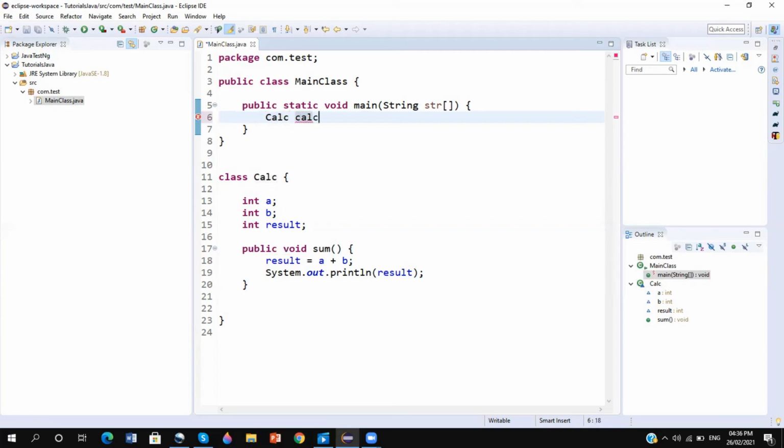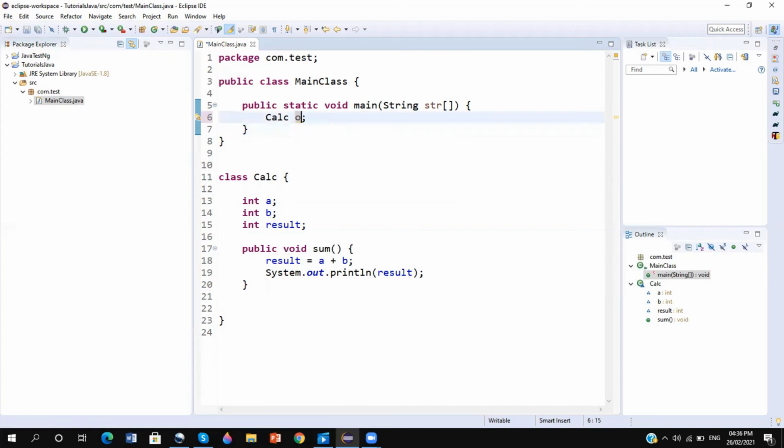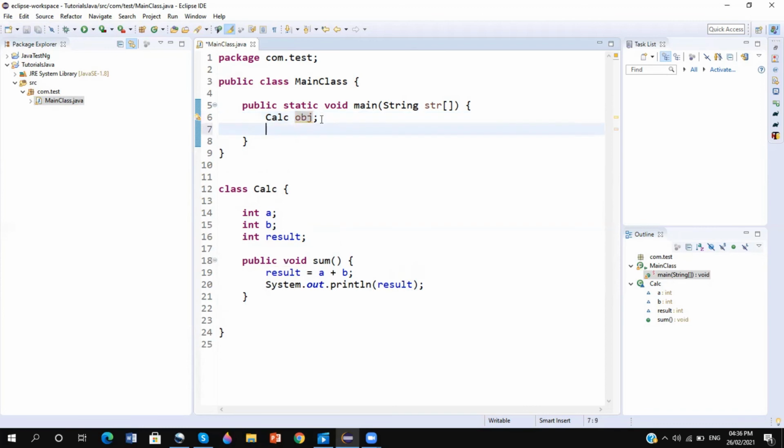reference variable. So this Calculator, I'm giving one reference variable name. This is user defined. We can give any name, like I'm giving obj. Next we can create the object and store it into this reference variable obj. How do we create the object? In Java we use the new keyword to create the object.